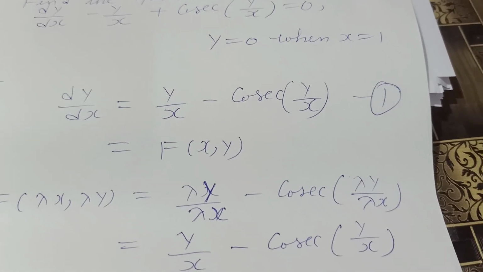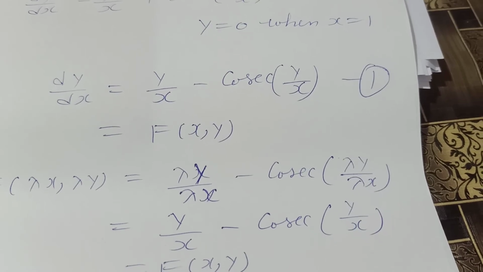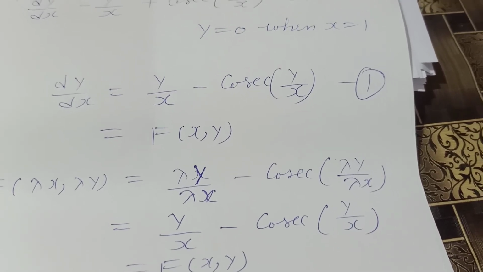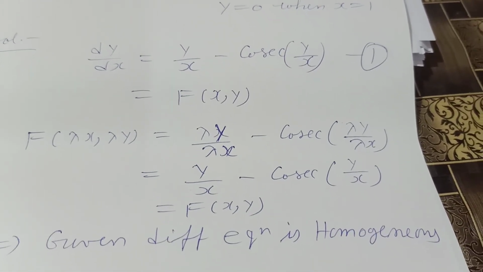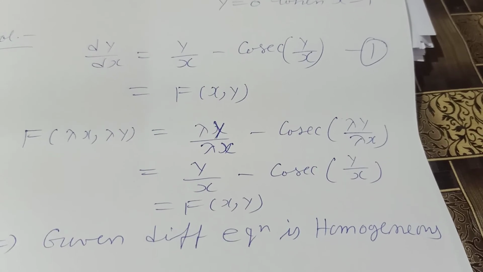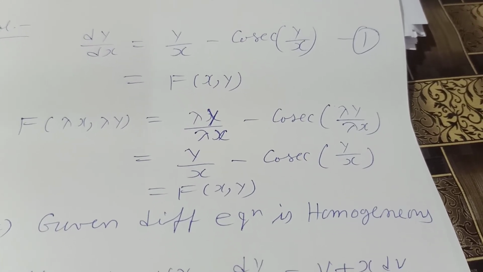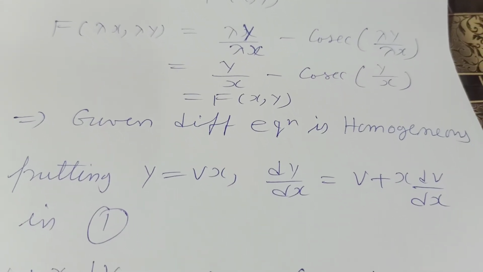So the given equation can be written as dy by dx equal to y by x minus cosec y by x. So the RHS is our f of x, y. Now f of lambda x, lambda y will again be f of x, y, you can see. So our equation is a homogeneous equation. Now if we put y equal to vx and dy by dx equal to v plus x dv by dx in 1,